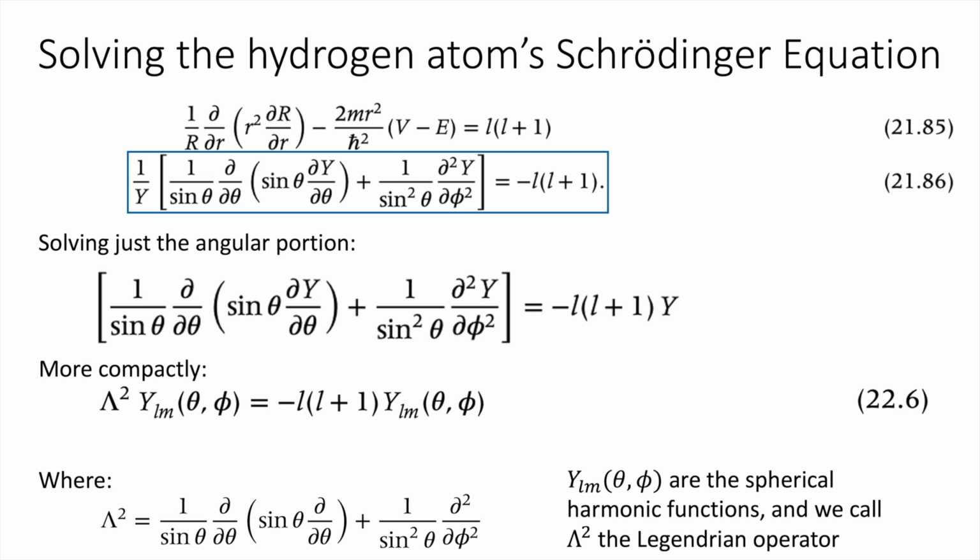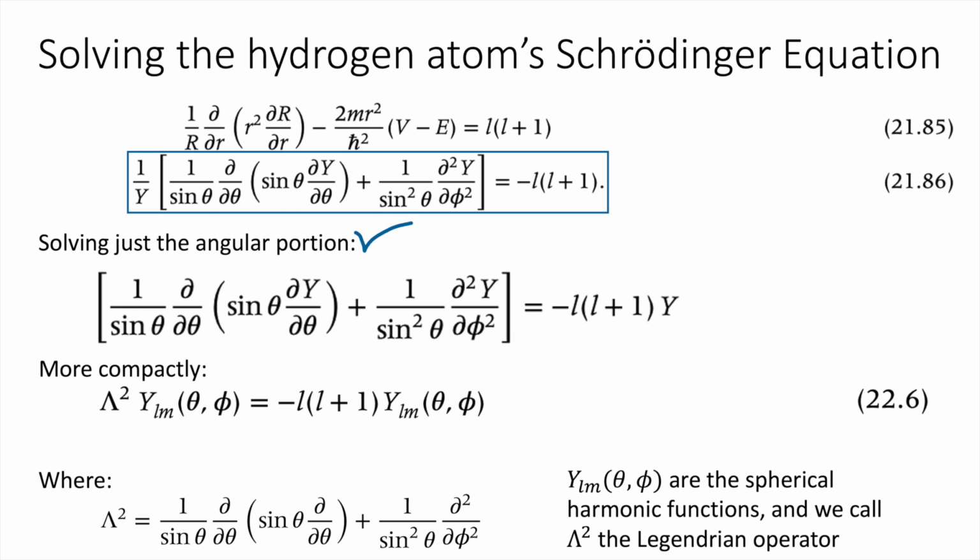So you look at that entire thing as an operator operating on y, and then you get the thing that's inside the square brackets. So basically this y of L m, where L and m are parameters, but y is a function of the two angular degrees of freedom, theta and phi. And the name that we give that capital lambda squared is the Legendrian operator. So again, we've shown that, rather than an all-out derivation, this is more of a justification,